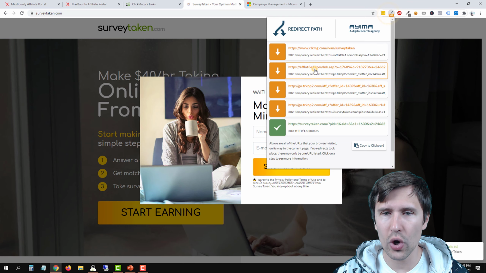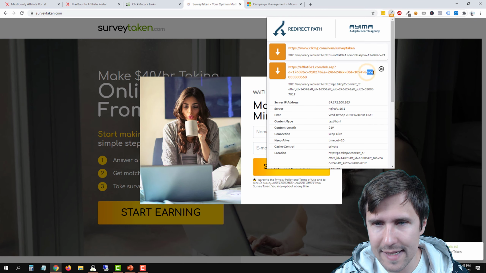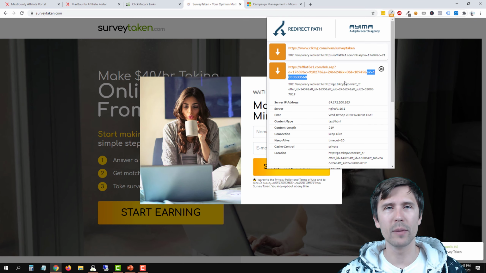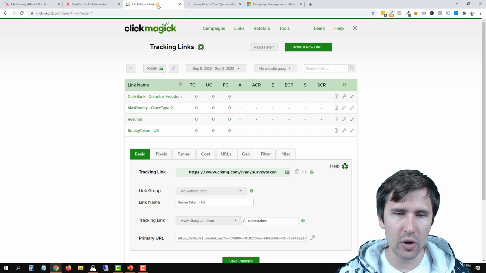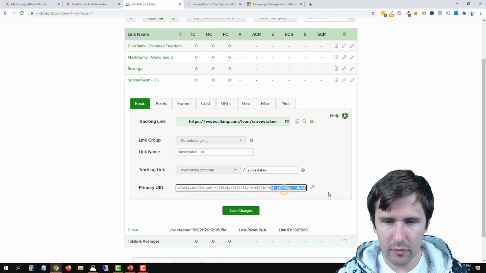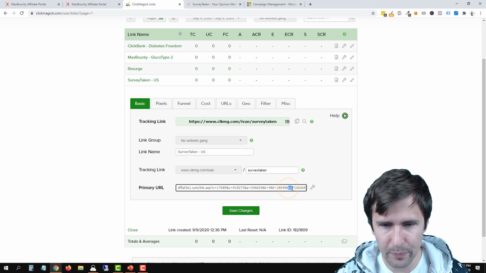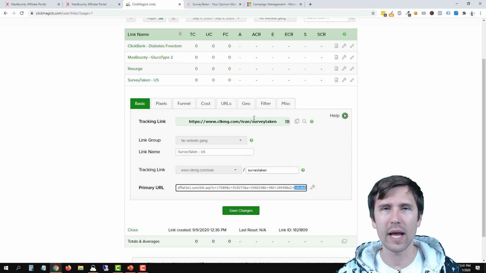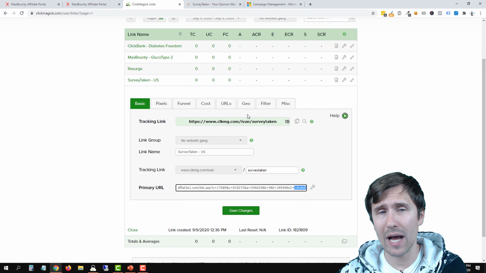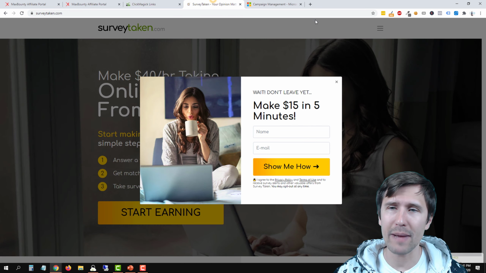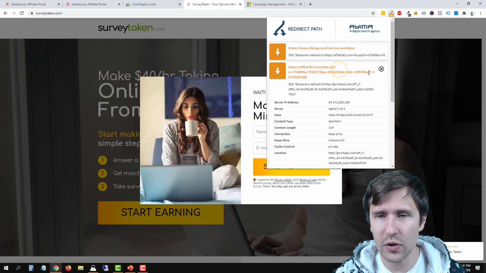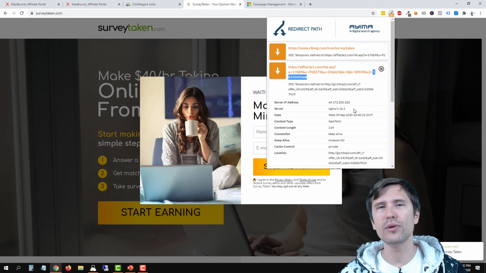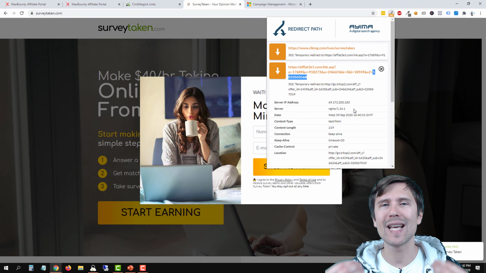And if you look at the second part here, see it says S2 equals, and it gives you a number. That S2, if you recall, we had here in ClickMagick. We have here S2, and then followed by click ID. So that click ID is like a ticket number, okay? That's gonna get passed through to MaxBounty, and then MaxBounty is gonna communicate back with ClickMagick. And so here, if you see a number here, that means you set it up successfully, that a ticket number was generated,